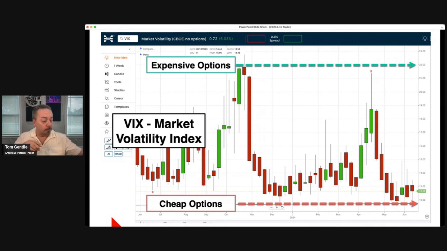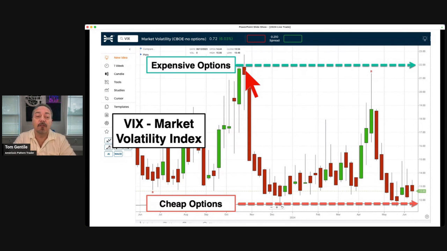Now, when option traders get out of how much I'm physically paying for an option, they may graduate to looking at what we're seeing here. This is the VIX. All right, the VIX is a market volatility index, and the VIX is typically what we hear about on mainstream media. And those of you that are more seasoned option traders might look at the VIX as one way to gauge whether options are cheap or expensive. This is the angst of the market. So when this thing's moving higher, typically the overall market's moving lower.